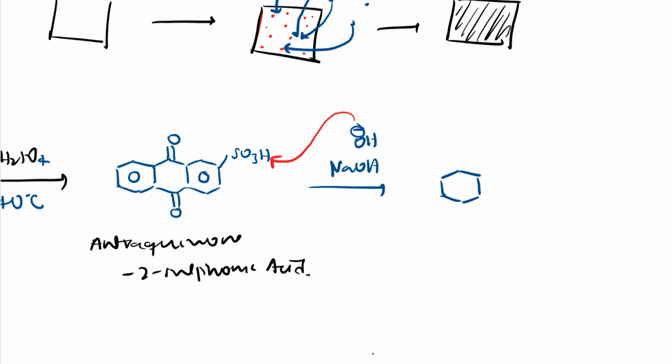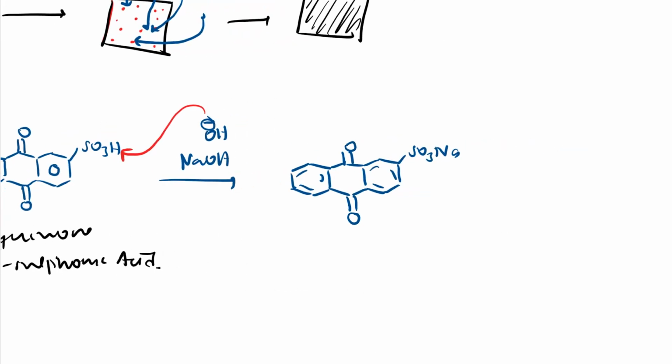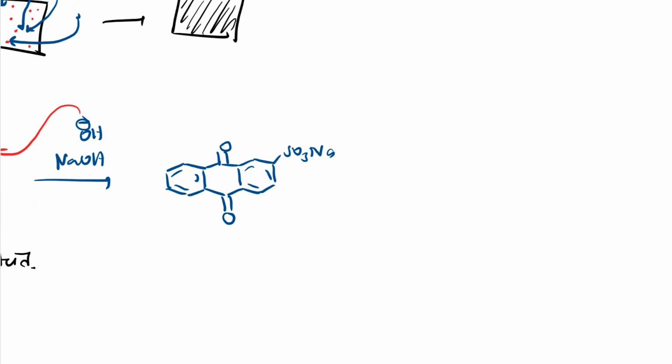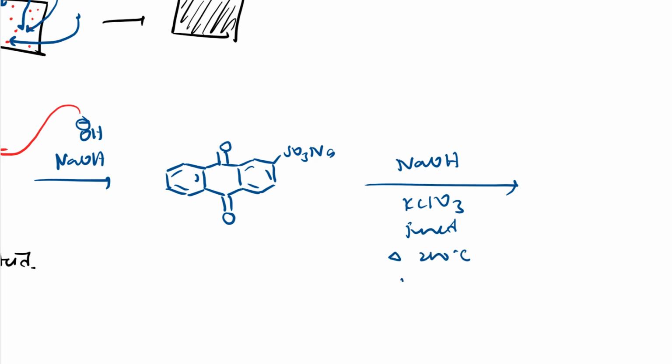What I'll do, I'll take these things, right? So here also benzene ring, here also benzene ring, here SO3 Na, sodium salt. Other things remain as they are, double bond O, double bond O, right? So this is the sodium salt. To this, we again add excess of NaOH and KClO3. We fuse and heat it to around 200 degrees Celsius with some pressure.